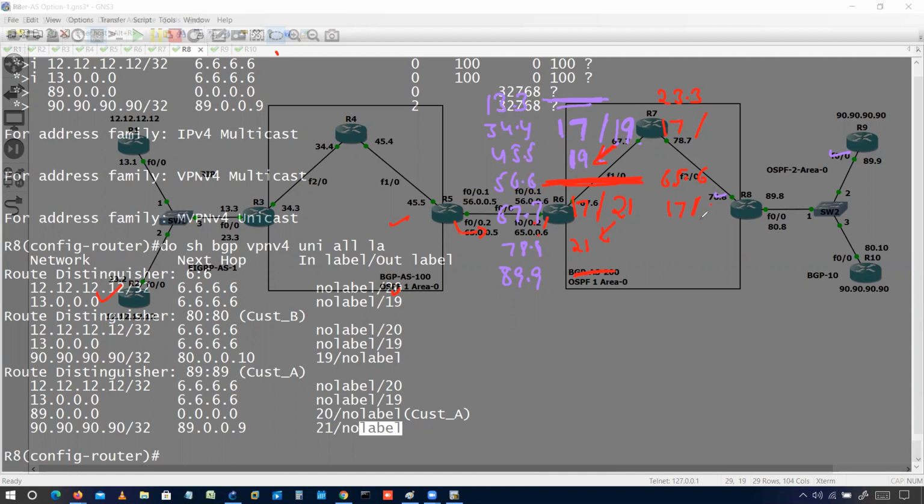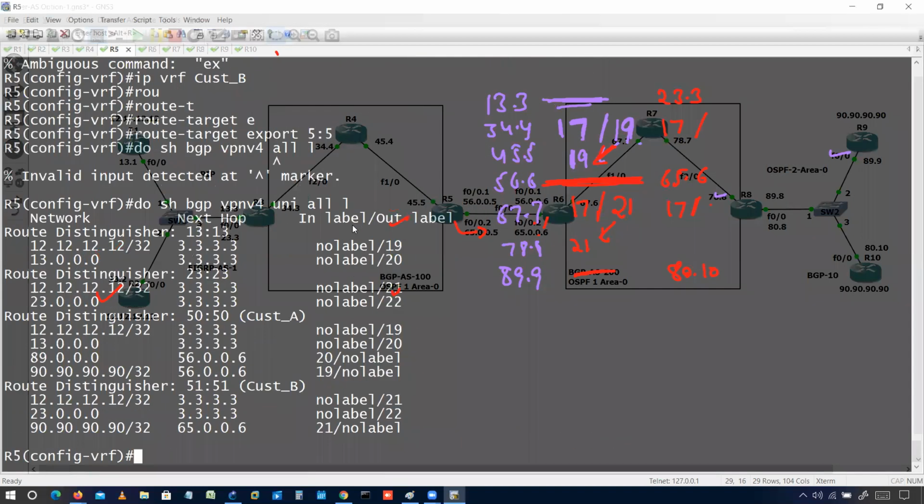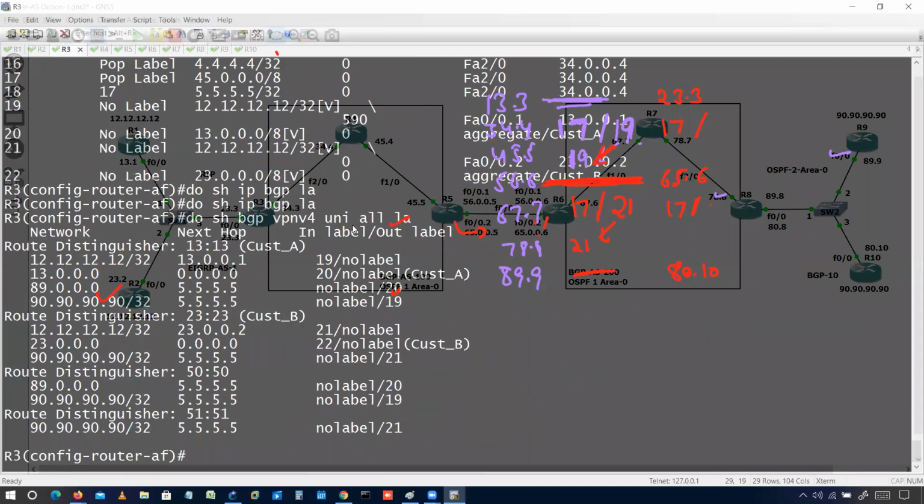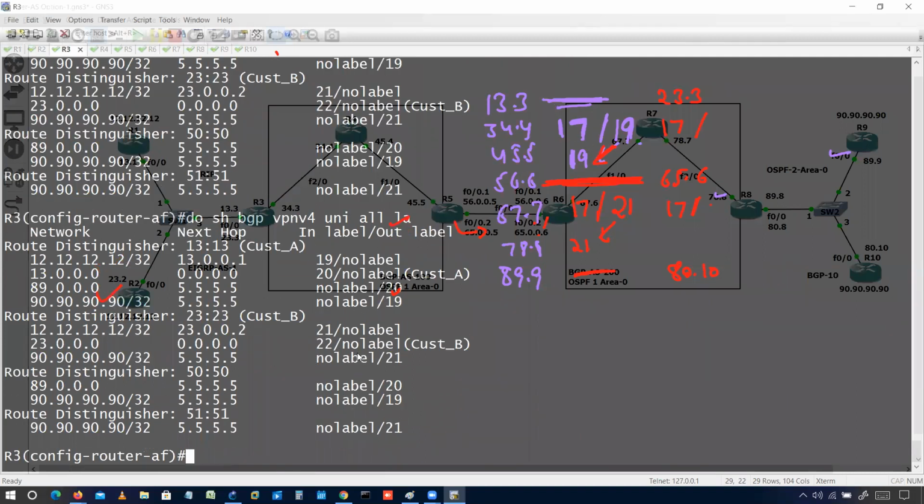I'll check the MP-BGP label. And finally here, the next one will be 80.10. So let's check the MP-BGP label. Go to R3. From customer B to reach 90.90.90.90, what is the outgoing label?